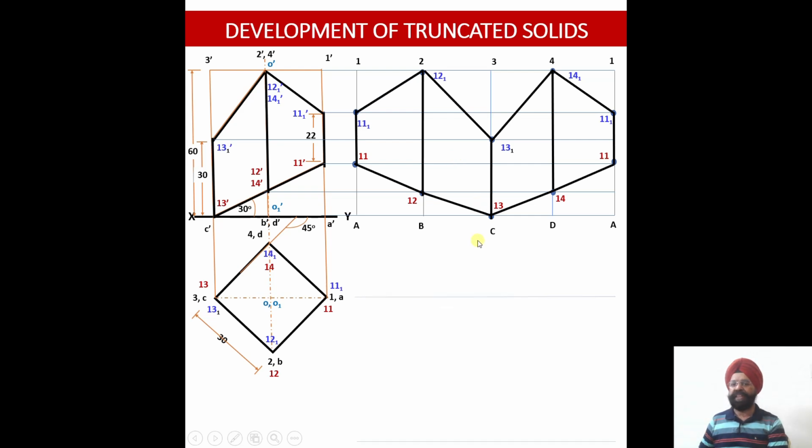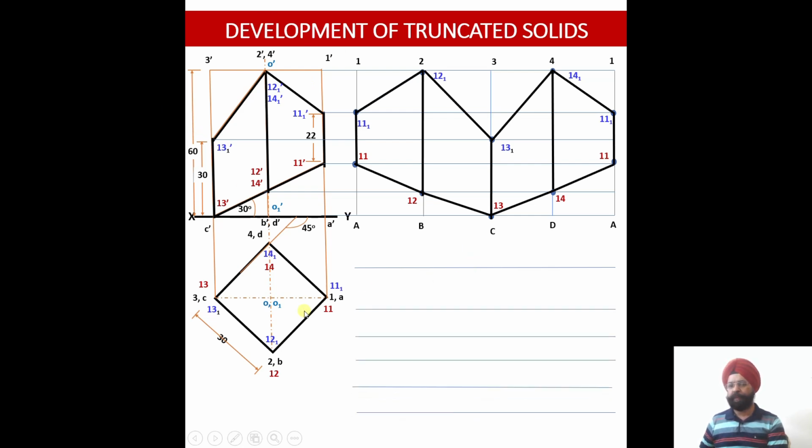Now let me start with the second development. Once again, I am just saving space. The same stretch lines I have shown over here, assuming that this portion is also developed parallel to this one. Since I need to save this space, because every time I need to draw this again and again. So once again, this is the main template where the development will be obtained. This is my second template, and this was my first template which was drawn as per the procedure.